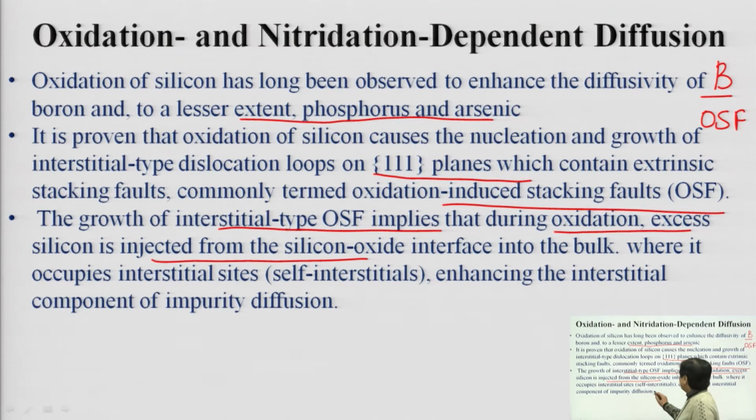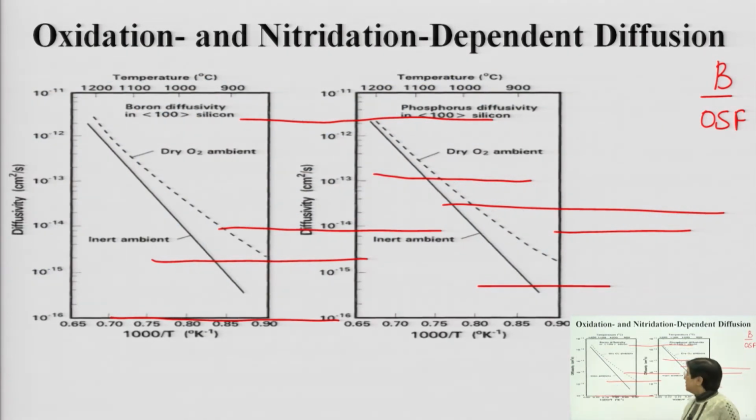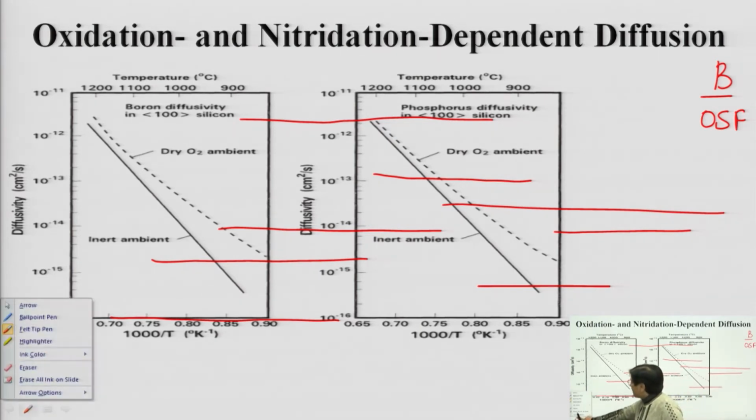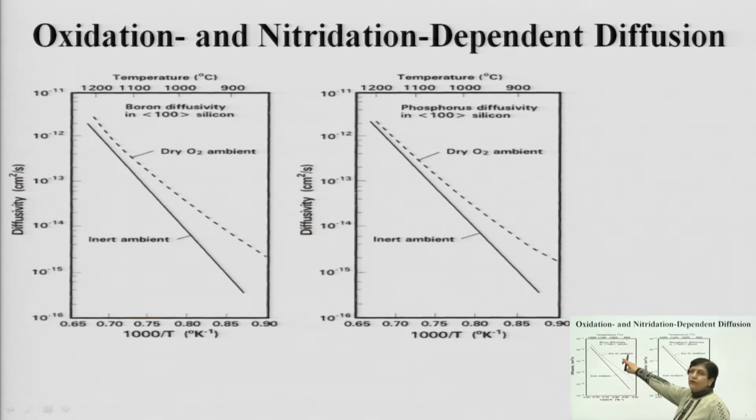and because of that you will find the interstitial component of the impurity enhanced, and thereby enhanced diffusivity. So there is a change in the diffusivity at the silicon dioxide interface because of the mismatch in the crystal orientations and the introduction of oxide induced stacking faults. These stacking faults are especially prone in the 111 plane, and therefore you have enhanced diffusivity because of this. It has been practically studied, and thereby you will see that